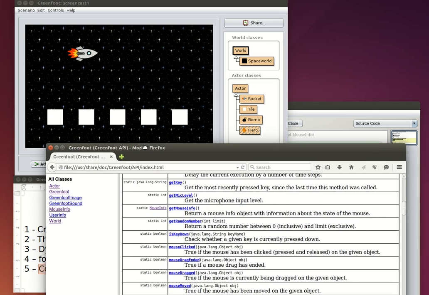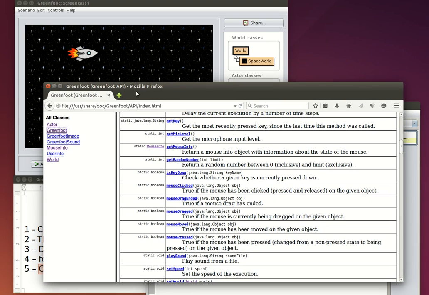Let me drag it in the screen, because the Greenfoot documentation, even though it opens into, in this case, Firefox, it's not on the internet. It's a file on your computer, so you have access to it even if you're in exam condition with no internet access. Over here you can select the different classes that you get inside Greenfoot. The one I'm interested in now is Greenfoot itself,